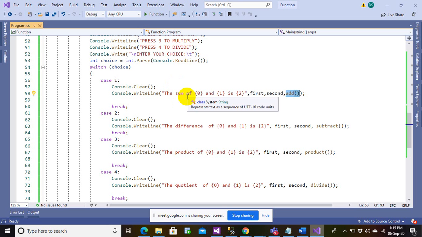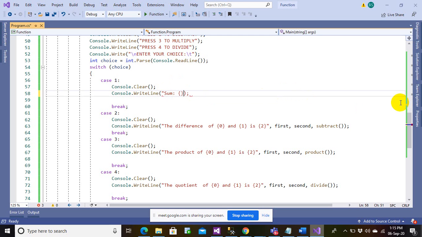So we can change the statement to something like this. We could make it: sum 0, first number, 1, second number.